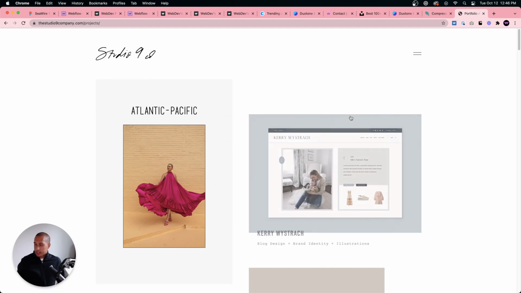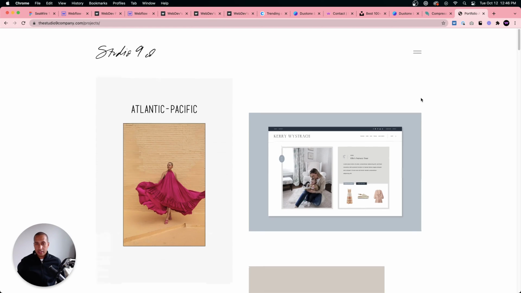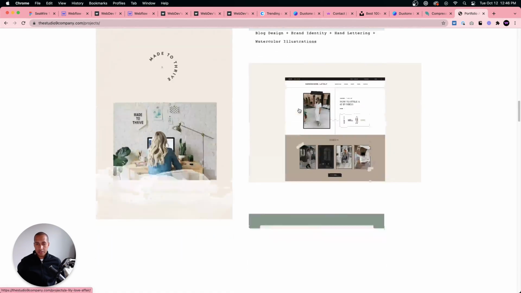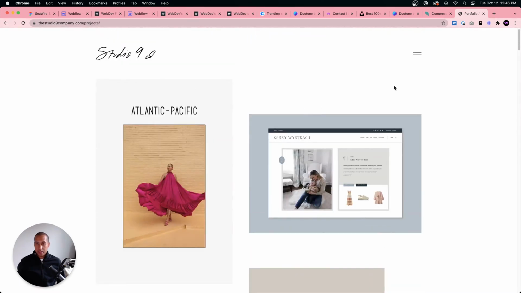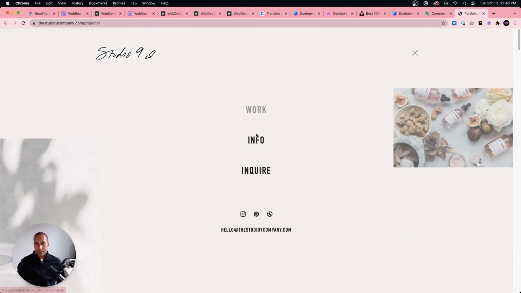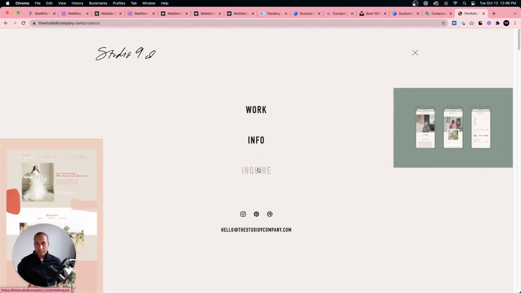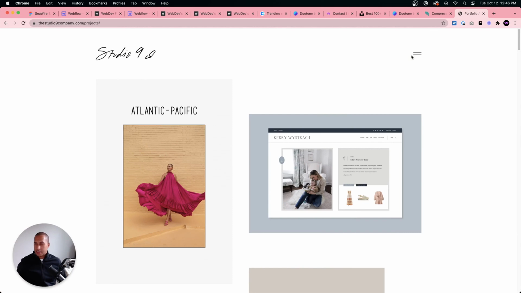Ooh, very nice. I love the white space. Super clean. And the color of the images with the white space looks awesome. Great. Cool menu. Love it. Ooh, I like that too. That's nice. Very nice.